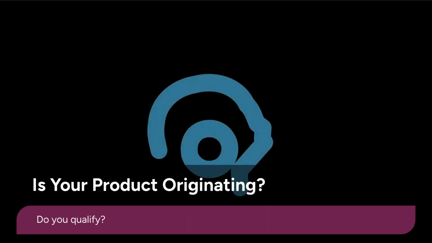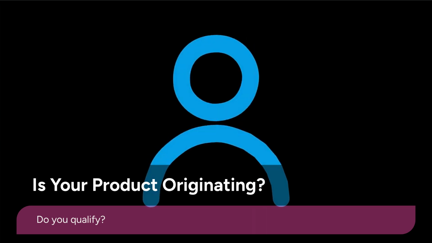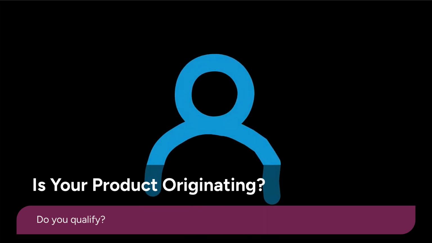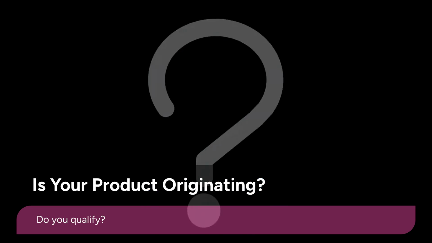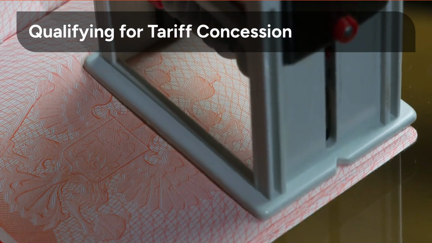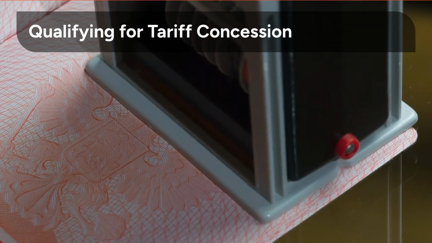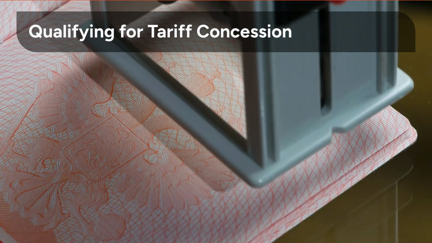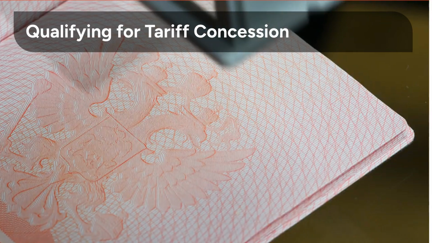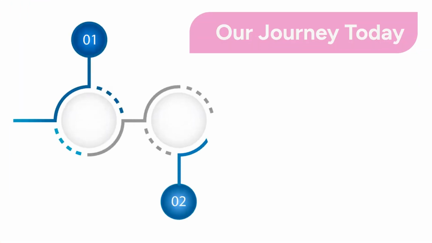Have you ever wondered why a tariff concession might be offered on a product, but you still need to meet specific criteria to claim it? That criteria is the rules of origin. The common problem is ensuring your exported product qualifies for the preferential treatment under an FTA. This video is your guide to solving that puzzle. First, we'll introduce ROO, then look at the two main criteria for originating status, and finally, dive into the three